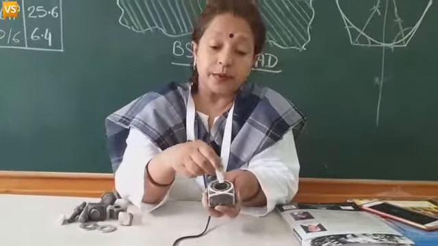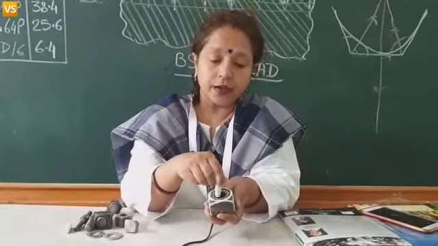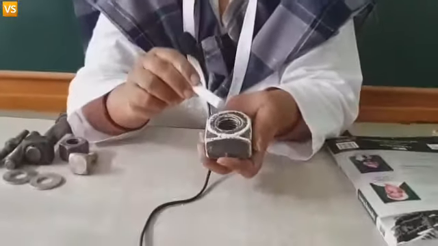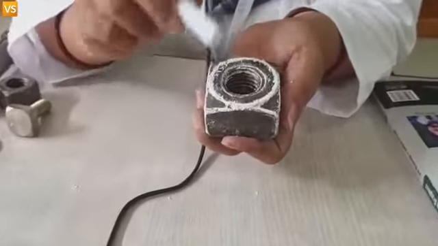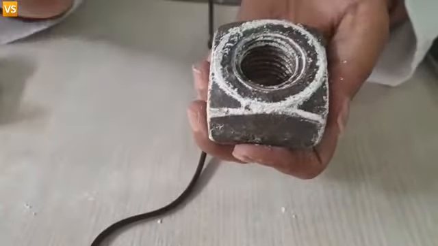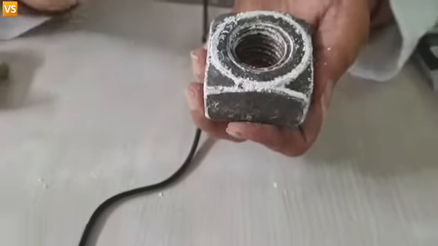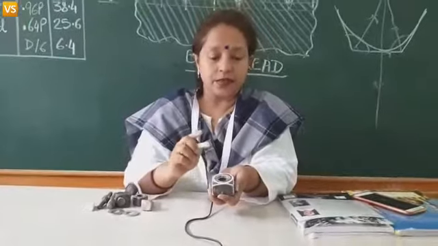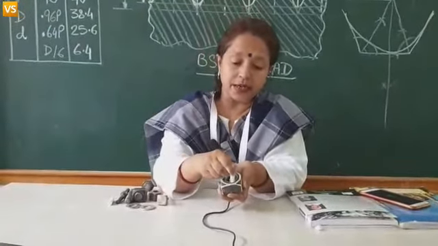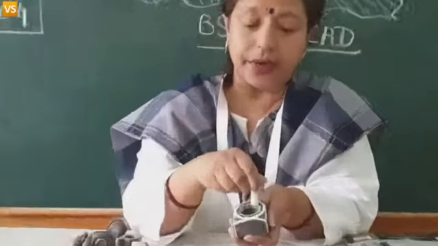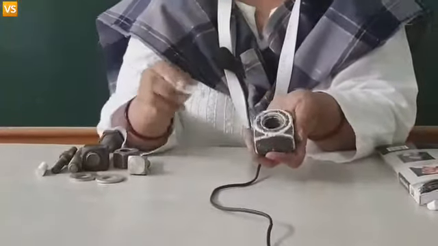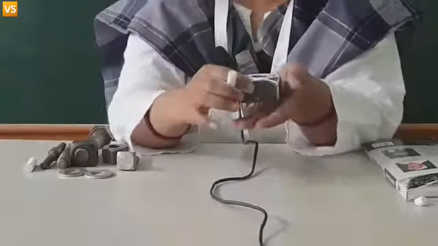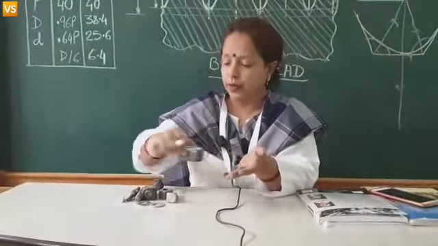Then, the standard method to represent the threads is to make two concentric circles. Out of these two concentric circles, one circle is complete and the other one is 3/4. That can be seen here, and in my theory class I will be telling you about the method to draw those circles. So, this is about the square nut.